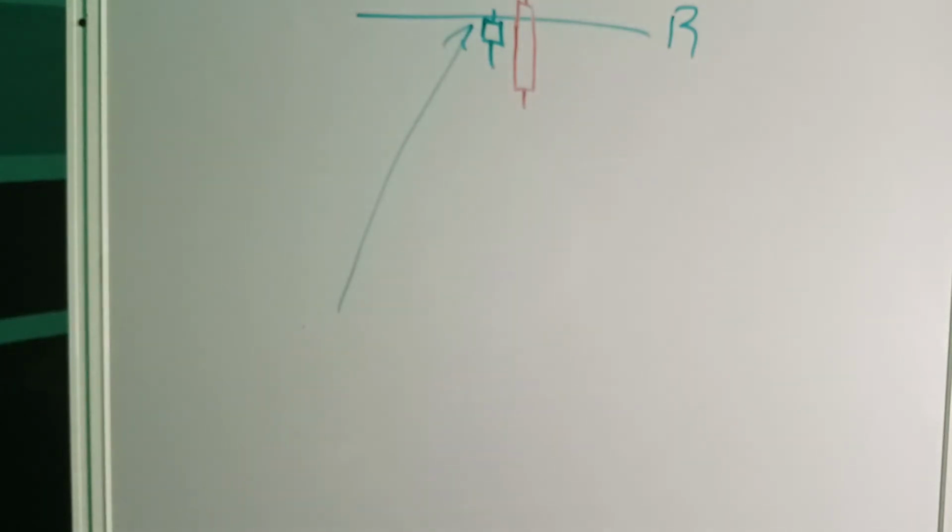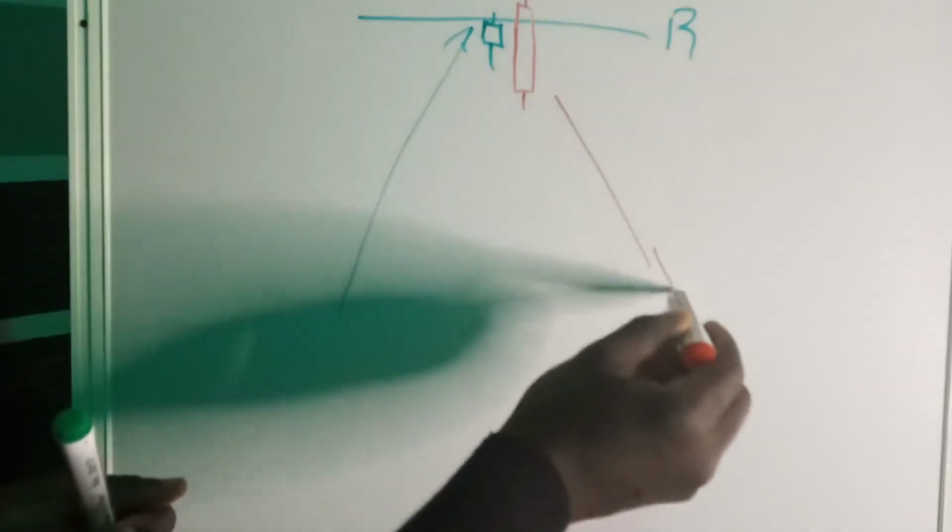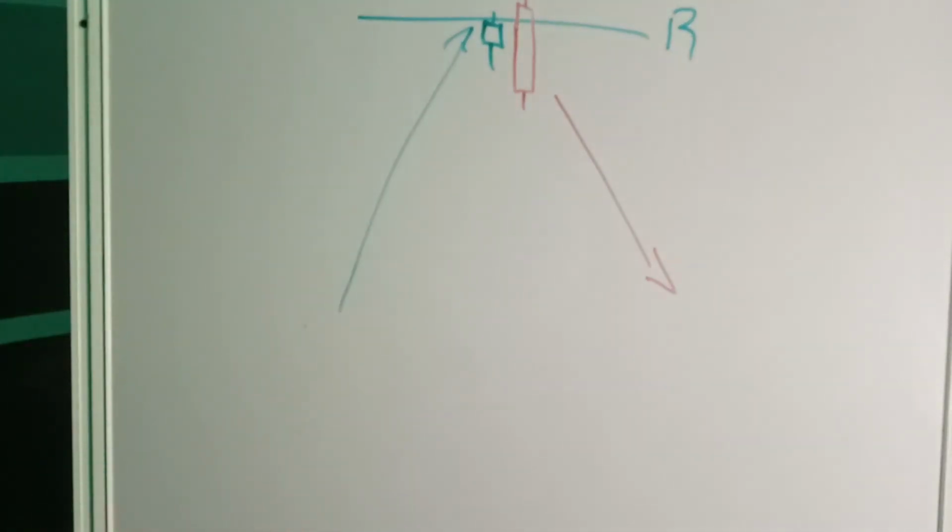This means that the bears are beginning to come into the market and they will most likely push the currency downwards. And this kind of candlestick at a resistance tells price action traders that the trend is about to go